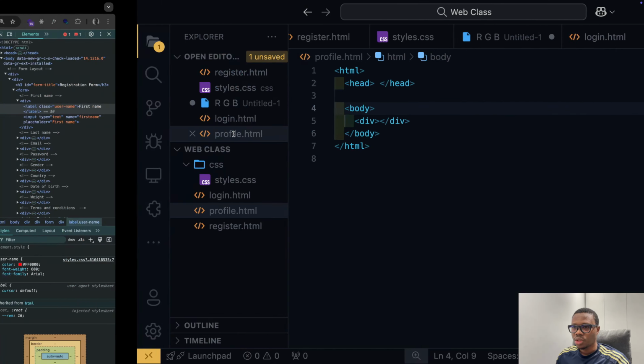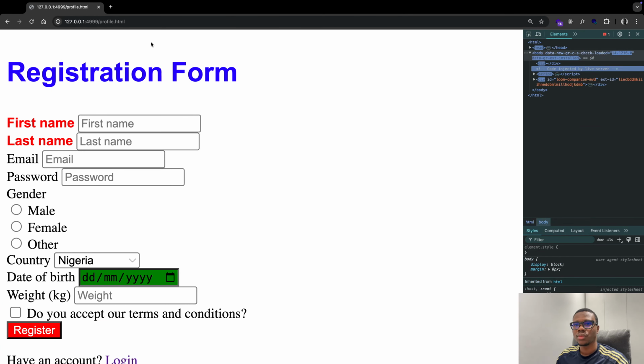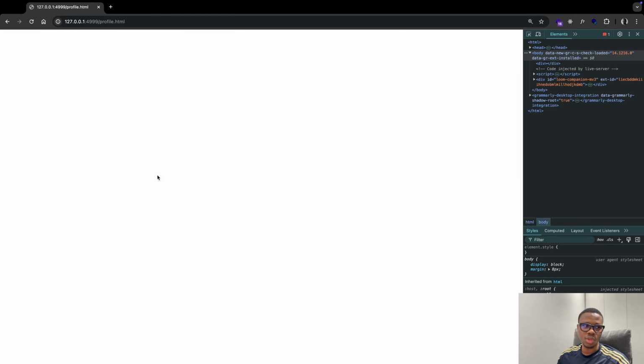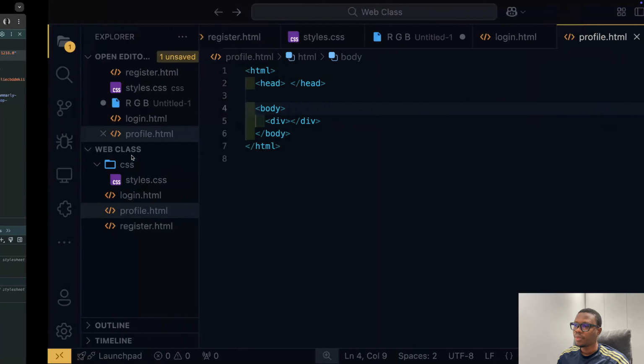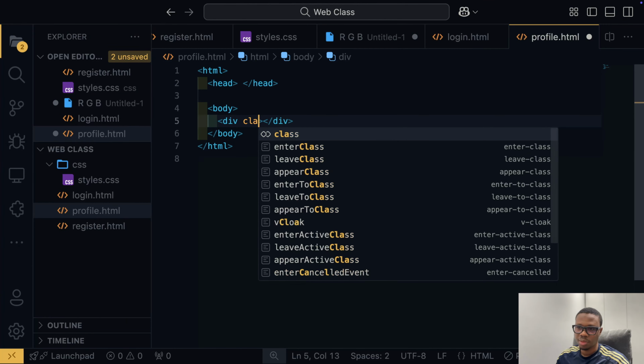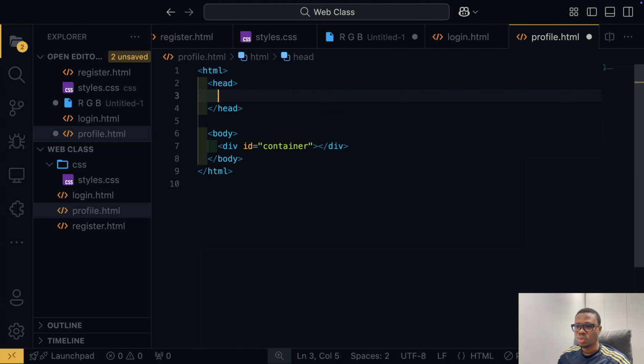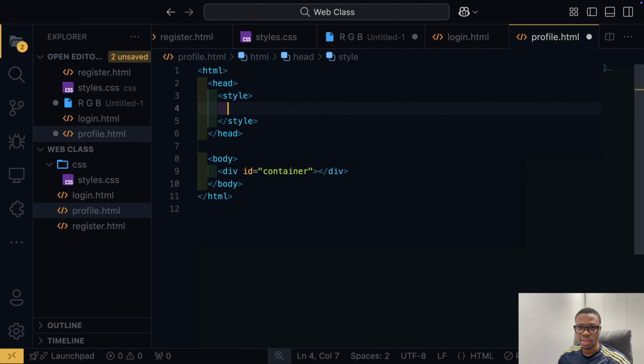I'll go to this page on the browser by going to profile.html. So you can see that it's empty. That's because we've not written anything apart from our div. I'll give our div a class name, or maybe an ID, since that's the only thing we'll be styling. So we are going to call this container, right? And we will do our style here. Remember, for internal CSS, you use the style tag in the head section, and we are going to select that div container,